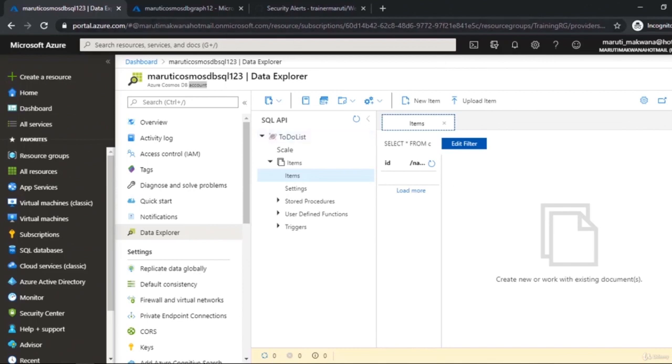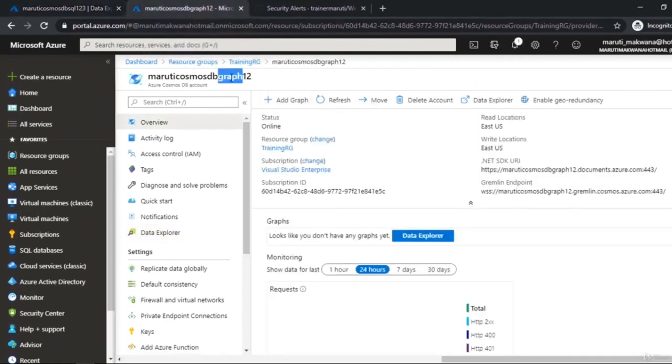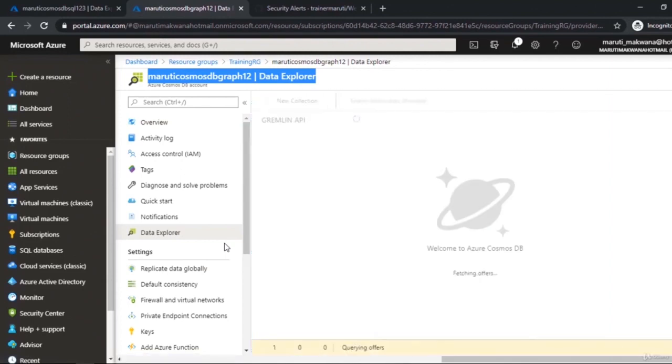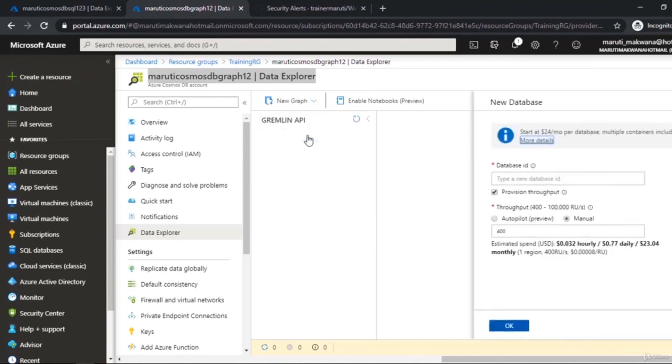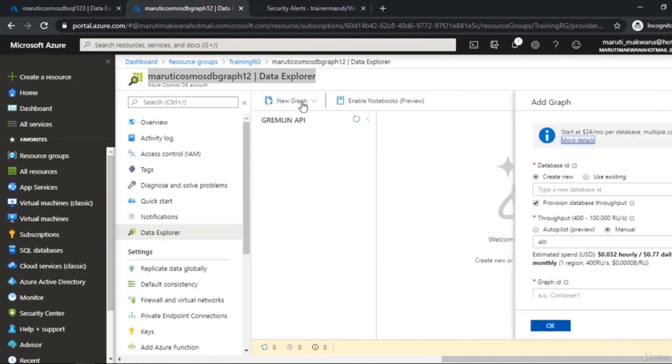Now in parallel, if I go to my second tab, which is my graph DB, inside this also if I do the same, click on Data Explorer, it's going to show me that this is a Gremlin API, this is not SQL API. And if I click on this drop down, it is not saying that I have a container. It's saying you can create a new database and you can create a new graph. Now because this is a graph DB, they are treating this as a graph, not as an item or a container. Let me say I want to create a new database. It's going to show me the same option which was there. Or this time let's do one thing, let's create a graph